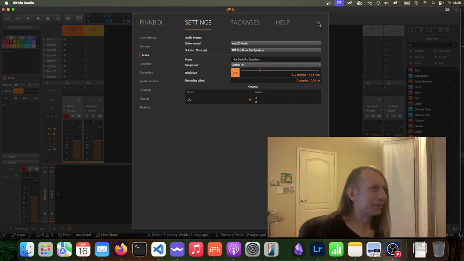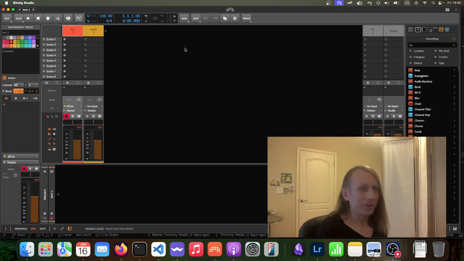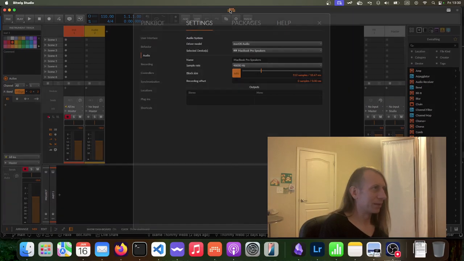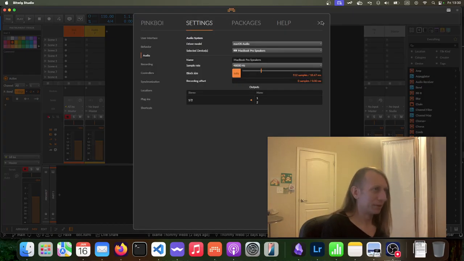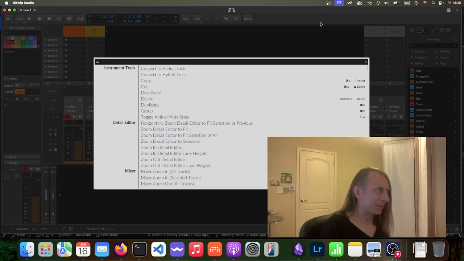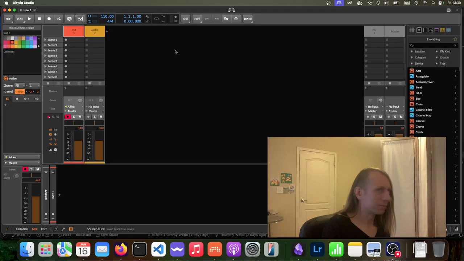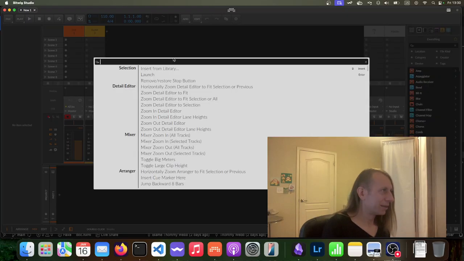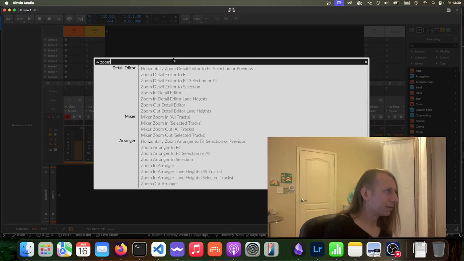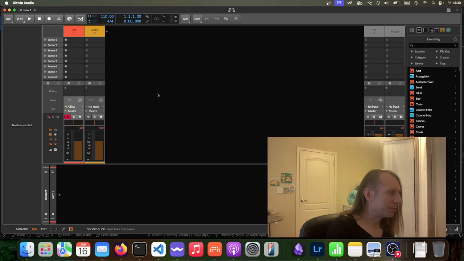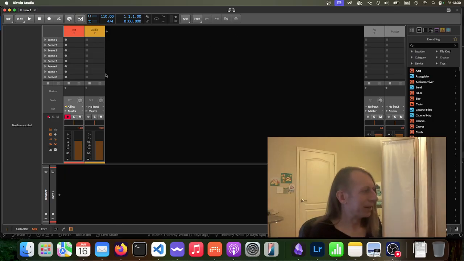Let me see. Yeah, I think I got this set the right way. So this is my favorite DAW. This is Bitwig. Let me zoom in a little bit so you can all see it better. Is there a general way to zoom in on everything? I guess not. Okay, anyway,